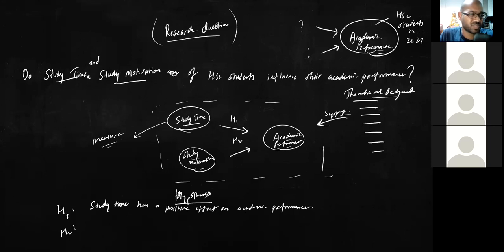You can specify positive, or sometimes it's recommended not to, you don't really need to specify. So as an effect, a significant effect, you might say, on academic performance. That's your H1. And what's going to be your H2? Study motivation